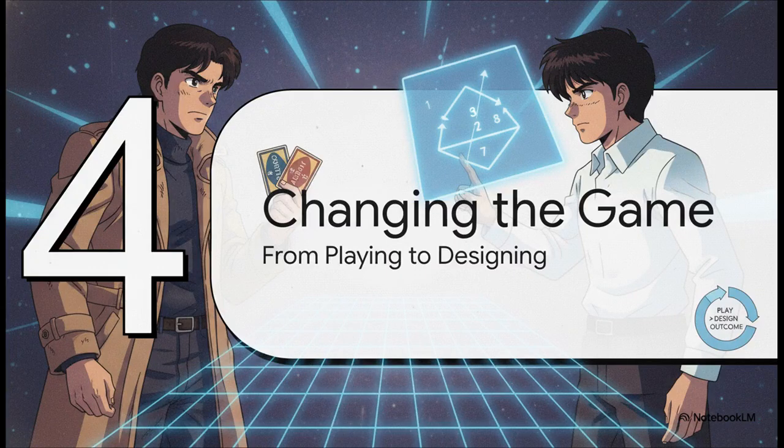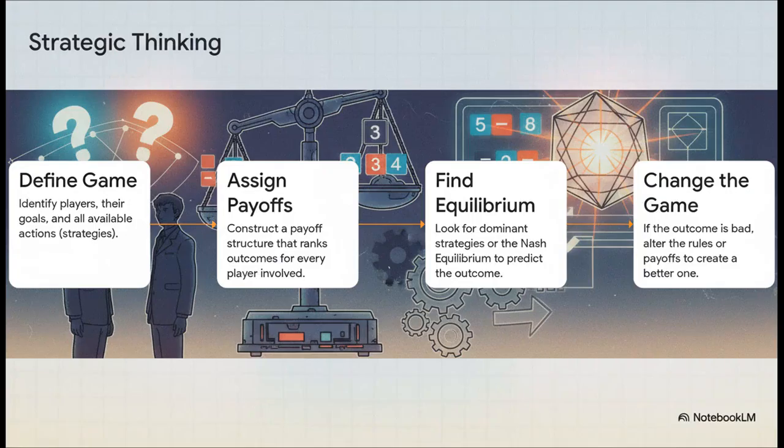So here's the crucial point, the real takeaway from all of this. Understanding the game and predicting the outcome, that's one thing, but the real power comes when you learn how to actually change the rules of the game itself. And you can actually do it. Here's a practical 4-step framework. Step 1, define the game. Who's playing? What are the moves? Step 2, figure out the payoffs. What does everyone want? Step 3, anticipate their rational moves to see where things are headed, to find that likely equilibrium. And then, if that outcome is bad for you, you move to the most important step. Step 4,